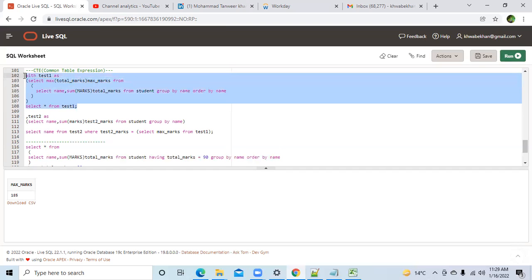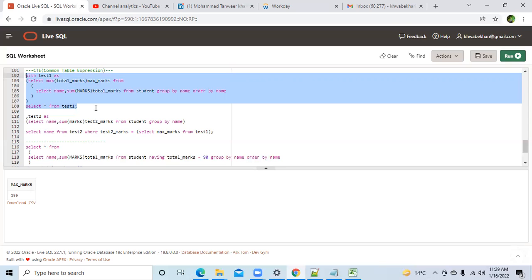First of all, till here it is clear or not? So here, what I have done is nothing much. I have just assumed I have bought a bucket from the market, and I've kept the name of that bucket as test one. And I've told SQL that whatever output you're getting from this query, keep that in this bucket. That's all. Is it clear?